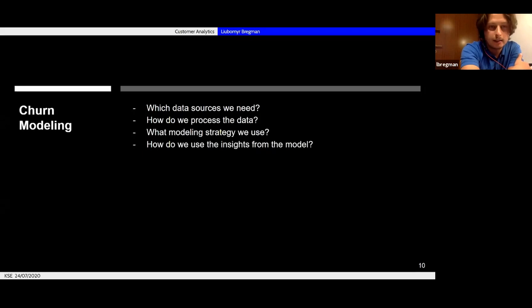So let's discuss a little bit the churn modeling. Which data sources we will need, how we process the data, which kind of modeling strategy we can use, and how we can use insights from the model. Churn is obviously a supervised problem. So we predict a very specific event based on different factors.